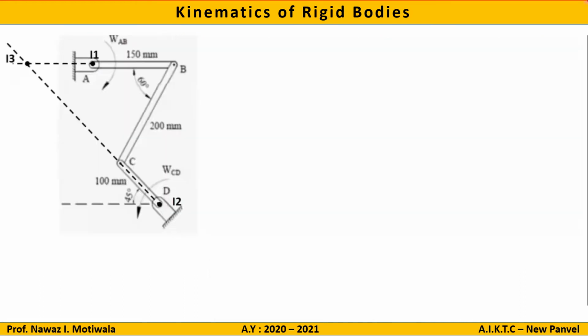Now what is the next step? First I will write the link name. Let us say link AB. The corresponding ICR to link AB is I1. The 2 points on the link are A and B. So I will write point A, point B. For point A, I will write VA is equal to 0. Why directly 0? Because I know this point has zero velocity since it is a hinge point, so without writing an equation, I can write VA is equal to 0.